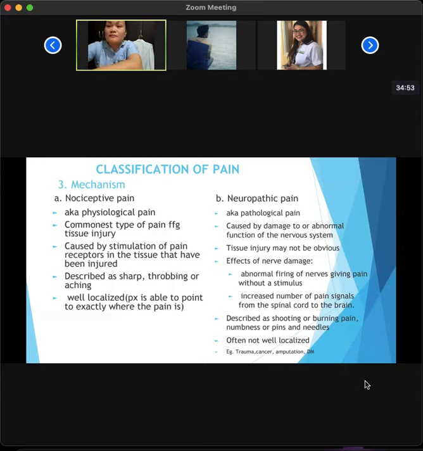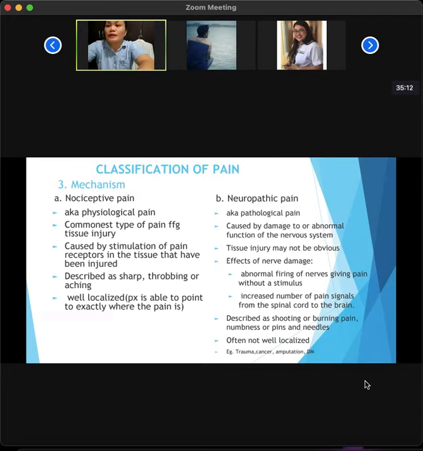Okay? Sasabihin ng pasyente sa'yo, masakit po sa dito po, gano'n. Dito, gano'n. Specific, well localized. However, for your neuropathic pain, which is also known as pathological pain, which is usually caused by damage